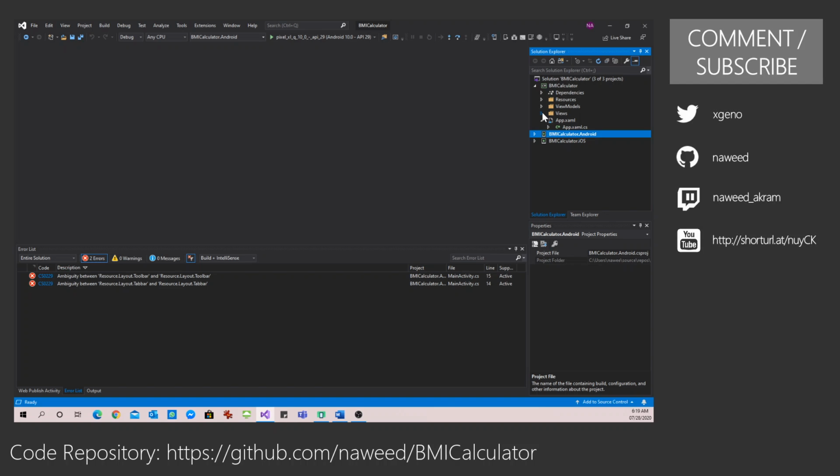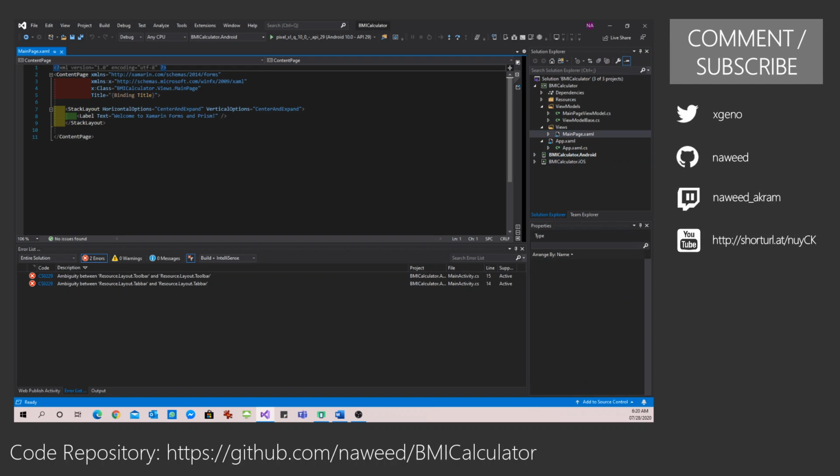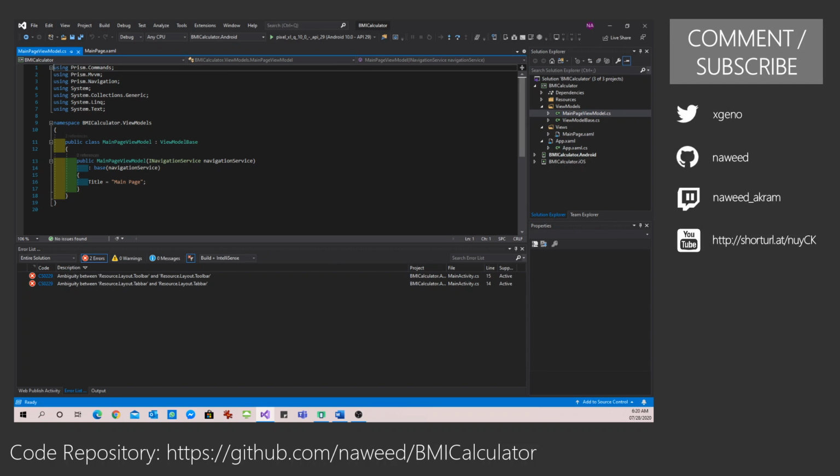The reason I chose Prism is that it works with an MVVM model. So we have a view or a content page, and it has an associated view model. If you look at this page, it is a very simple page, just like your regular content page. There is nothing special going on over here, and it has a view model. In this view model, this is where you can define your properties that you want to bind to your logic. You can work with the models, you can work with the REST APIs. All these things you can do over here.